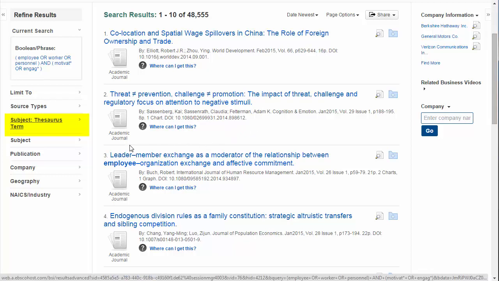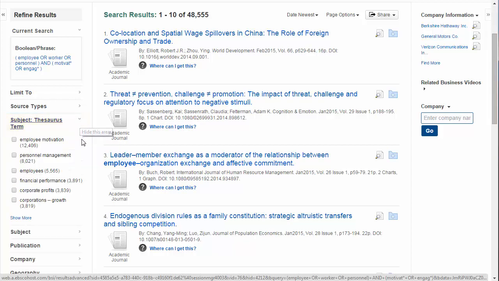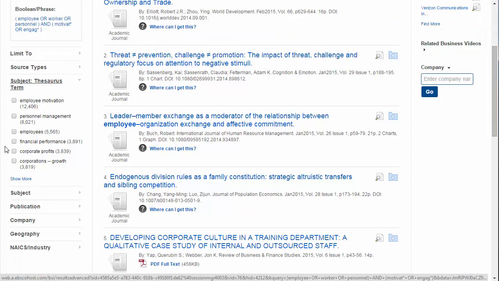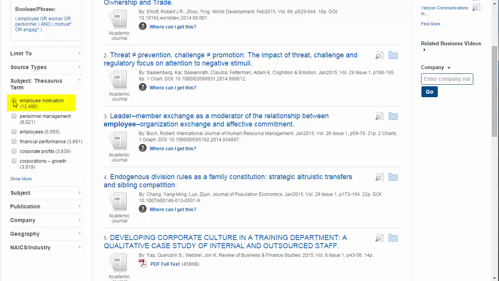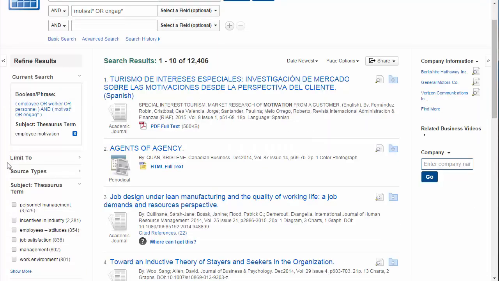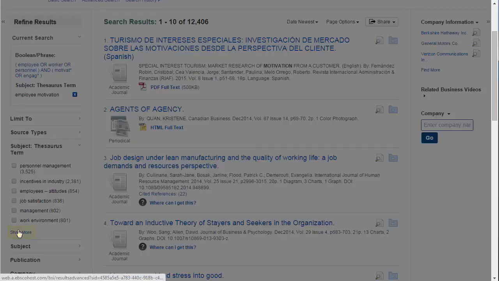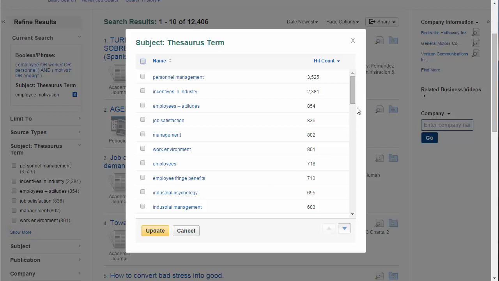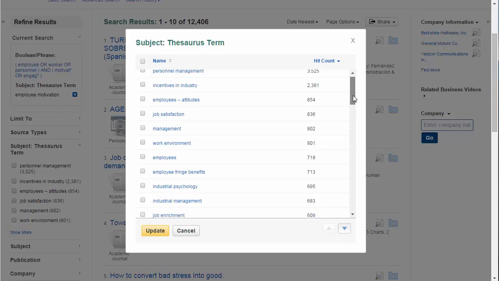Every article has assigned to it several subjects, each acting like a standard tag that describes a dominant aspect or topic of the article. Business Source Complete gives you a list of all the subjects used in your initial keyword search results, and the list is ranked in order by which subjects appeared most often. As you can see, the subject employee motivation is very common among our results, and it covers our main 2 concepts in one. When we scan the full list of subjects, we see other terms that might be useful as we try to draw out specific aspects of the topic.